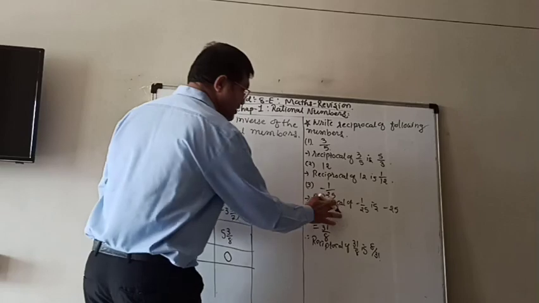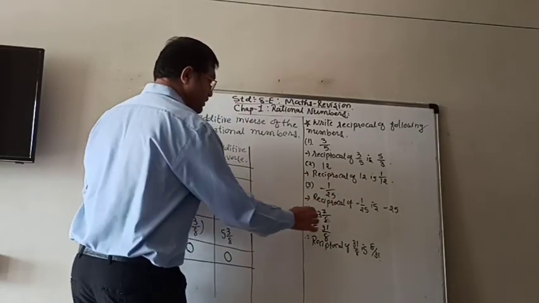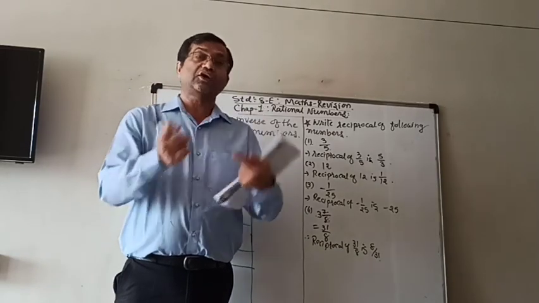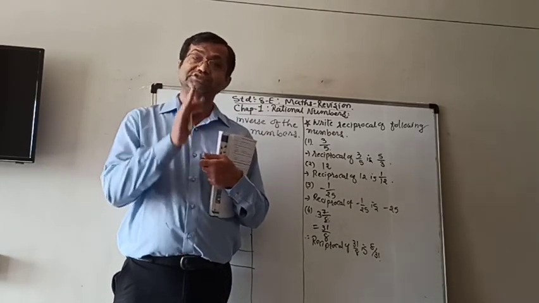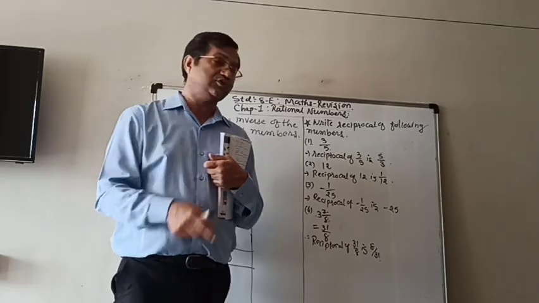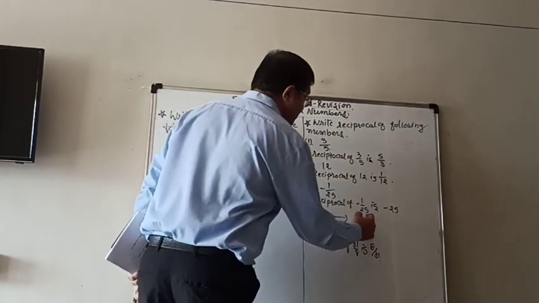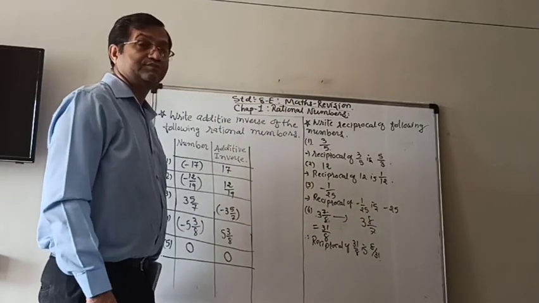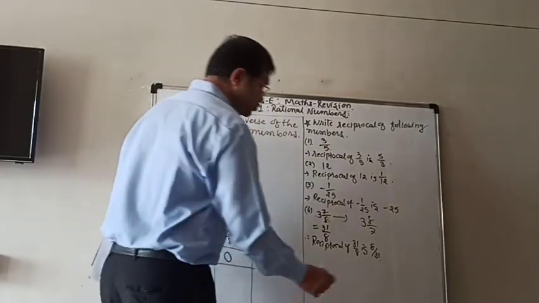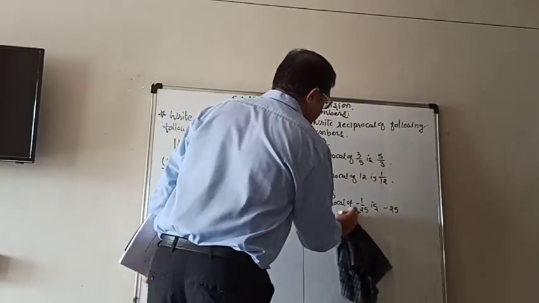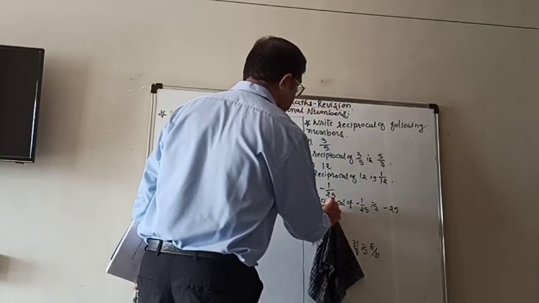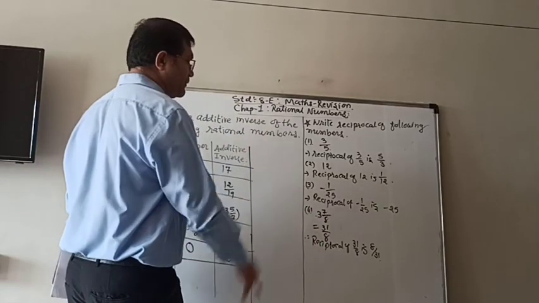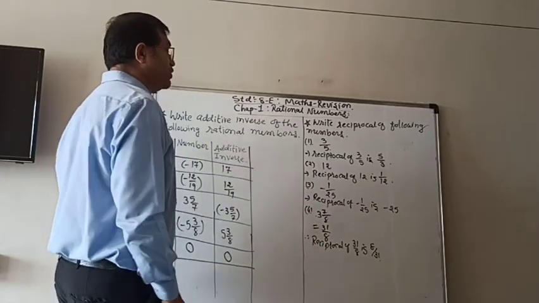Here there is a big mistake people are making. Students, 3 integer 7 upon 8. So what do they do? Because we told them that you only have to switch over, meaning numerator to denominator, denominator to numerator. So they will write the reciprocal of that as 3 integer, they will keep it as this, and 8 upon 7. That is totally wrong. Don't ever do it. So whenever we have to find the reciprocal of a mixed number, the first step is you have to convert it into an improper fraction and then only you write it.